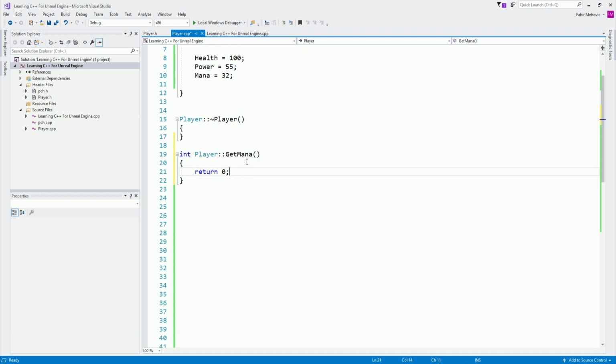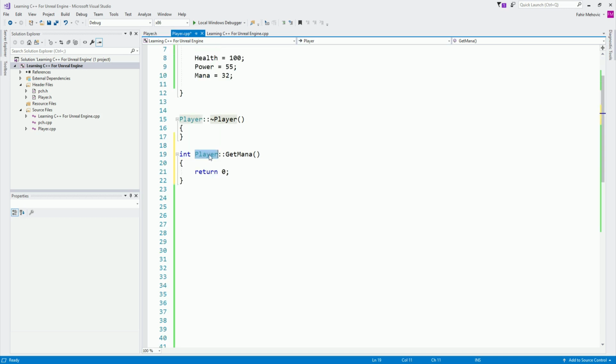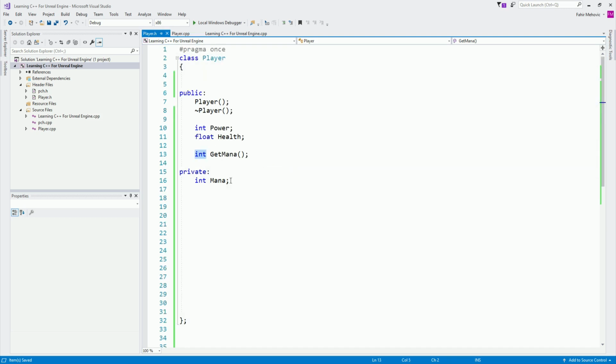We say int, which is a function that returns an integer, then the name of the class, colon, and then getMana, you see? And here we are going to return this, referring to the class itself, slash and greater than sign mana. So this is how we are going to access our mana, which is private.